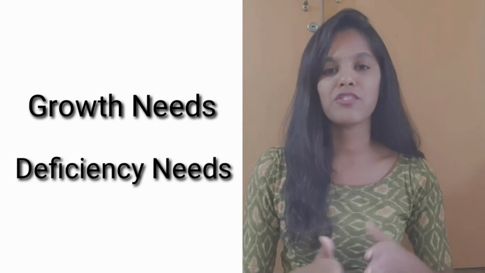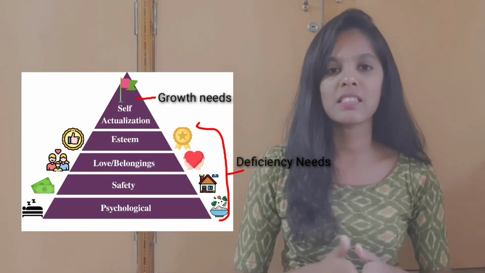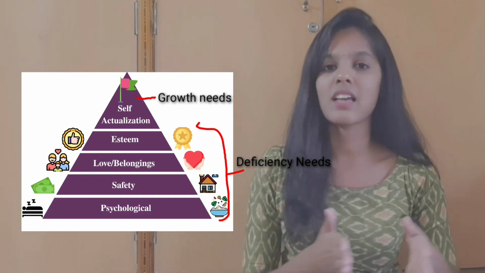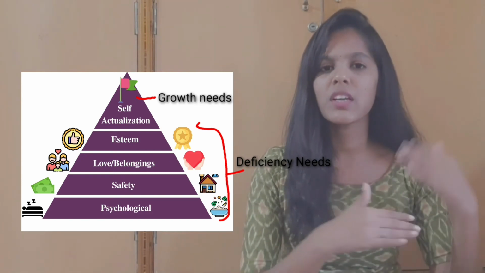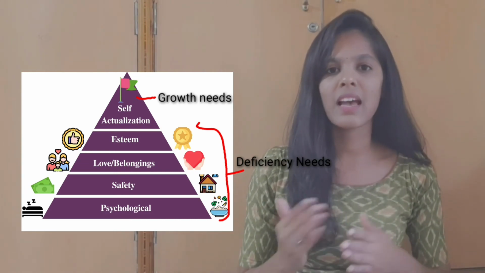Maslow separated his hierarchy into 2 different types of needs: growth needs and deficiency needs. Okay, I'll put an image over here so that you can understand it in a better way. The main difference between growth needs and deficiency needs is a change in the motivation as the needs are met. You know what? Motivation increases as the growth needs are met. Conversely, motivation decreases as the deficiency needs are met. A satisfied need will no longer motivate a person. What actually motivates a person is the next high level needs.